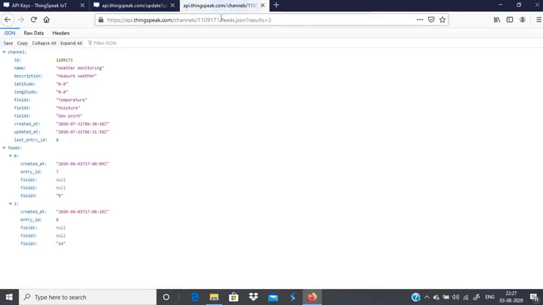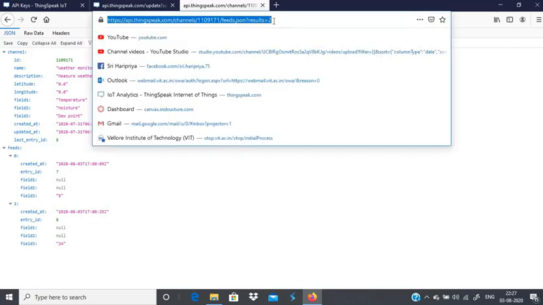So click enter. See, 8 data we have entered so far. So the last data is 24. It belongs to field 3. The previous data is 5. It belongs to field 3. So 7th and 8th data, the last 2 data you can see. So totally 8 data. If you want to see multiple data, say you change it to be 5,